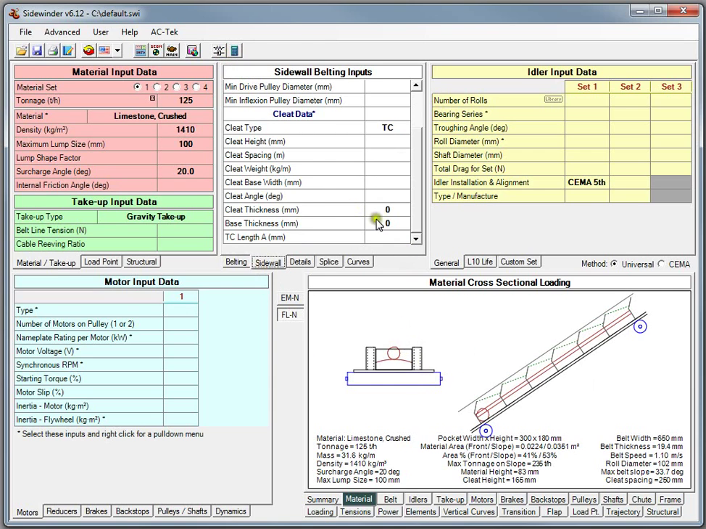So we see here with a cleat thickness of essentially 0, our material height is 83 millimeters, and we're at 41% of the cross-sectional loading. 41% of the cross-sectional loading is 41% loaded to the top of the cleat with the material on top of it. I'll show what that means. In fact, let's just do that right now. If I maybe put in 300 tons per hour here,